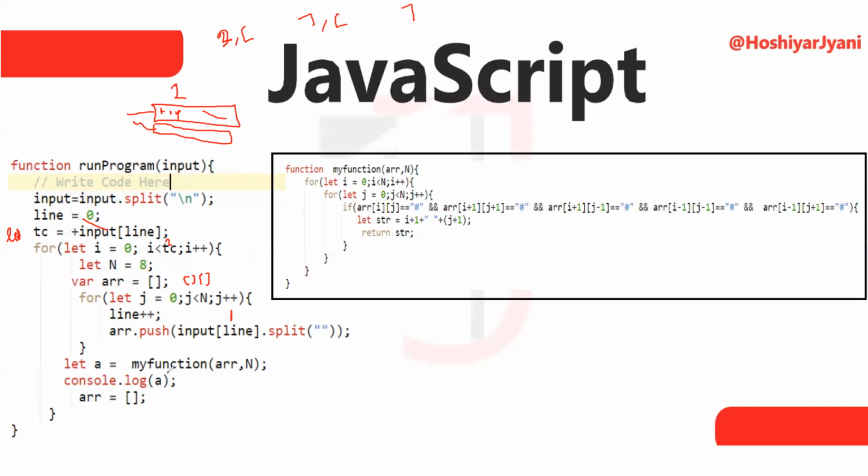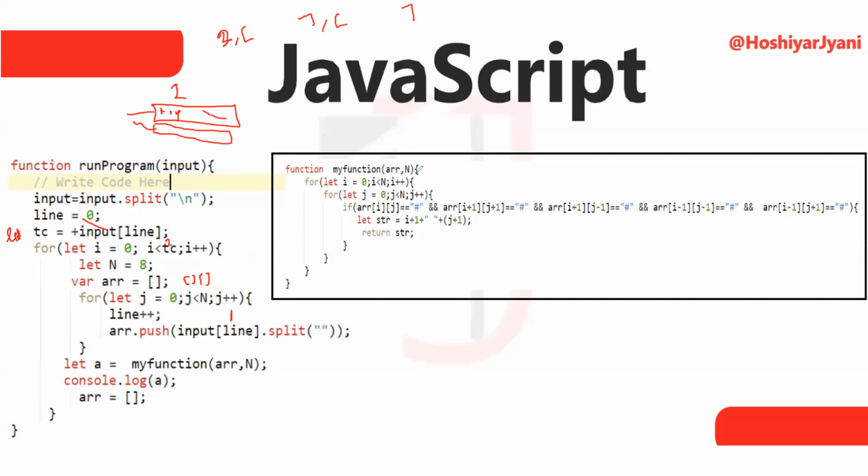And then after that, this is my function. In my function, I am passing array and n and storing the value in a. Let a, and console.log a, I am consoling the value. And after that, guys, we can see here our original code for doing the same operation.